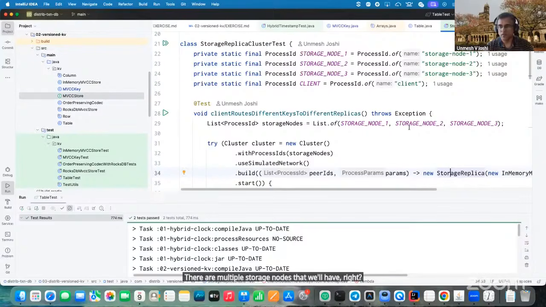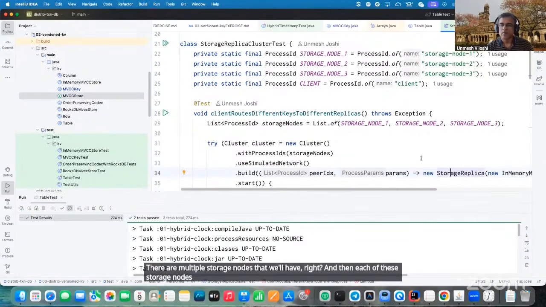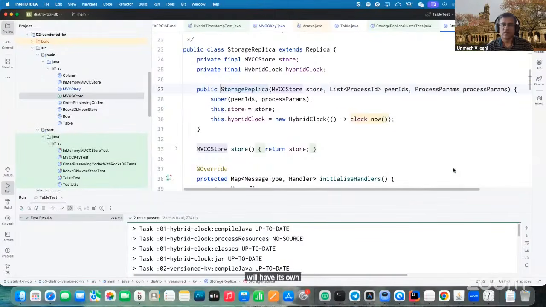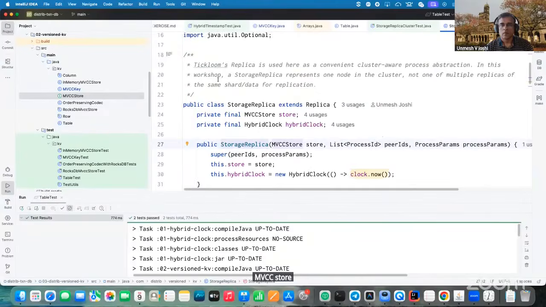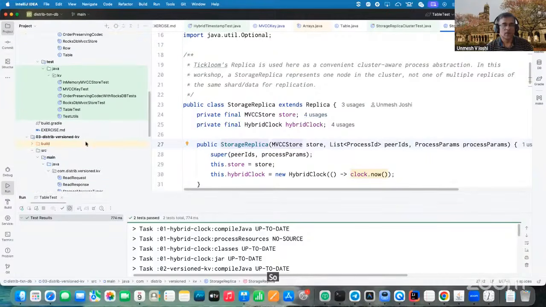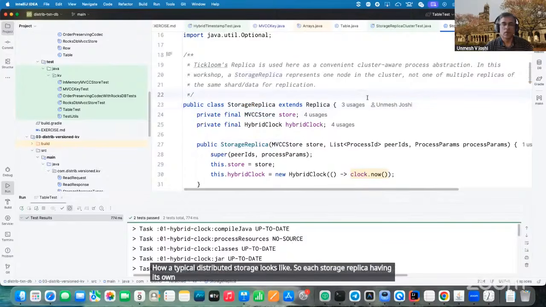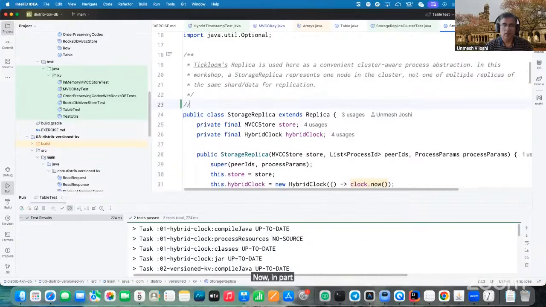And each of these storage nodes will have its own MVCC store. So this module 3 just demonstrates how a typical distributed storage looks. So each storage replica has its own MVCC store. Now in partitioned databases, this will be each partition,